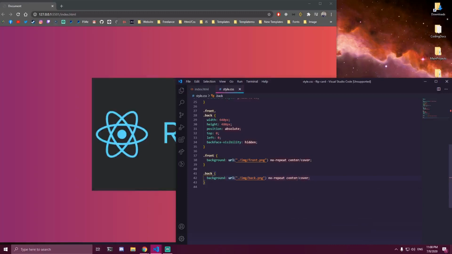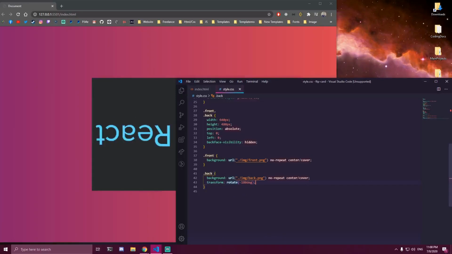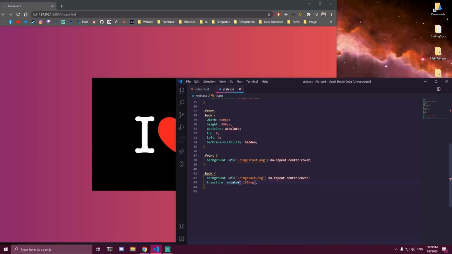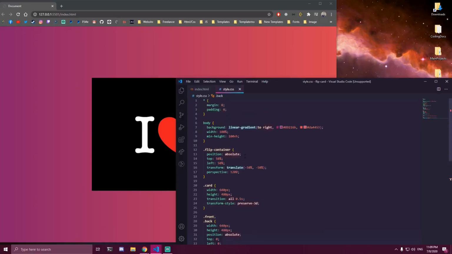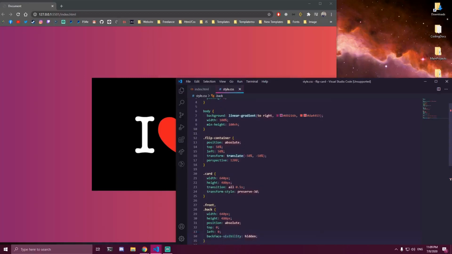And here we also want to add a transform to rotate the card on the back. rotateY. Not just rotate, that's my bad. And the last thing, in case you guys want to have this on hover, I'll show you the click event as well, but let's say we want to add it on hover first, so